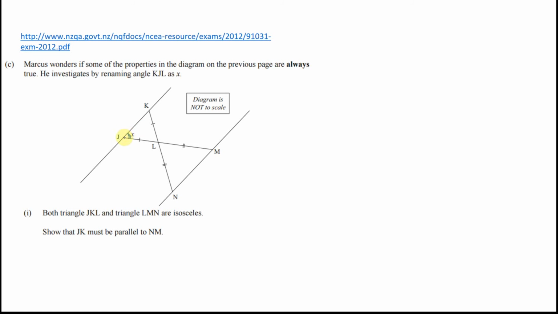Let's have a look at this isosceles triangle, JKL. What we can say is because that triangle is isosceles, then that angle there will also be X. So to start our proof, angle JKL is equal to X due to base angles in isosceles triangle,